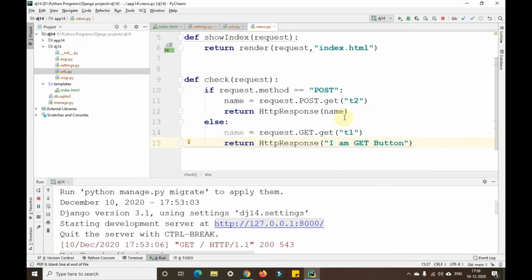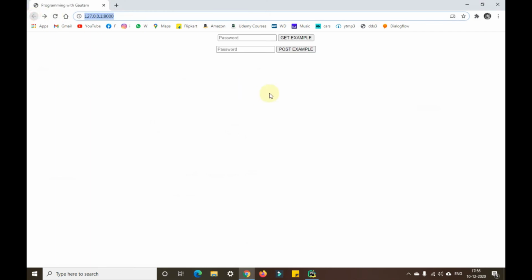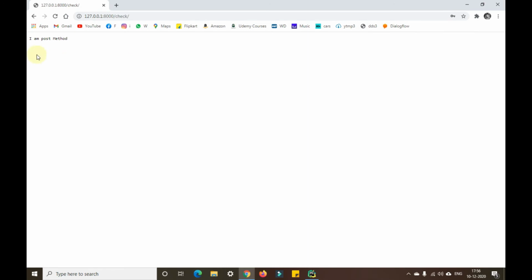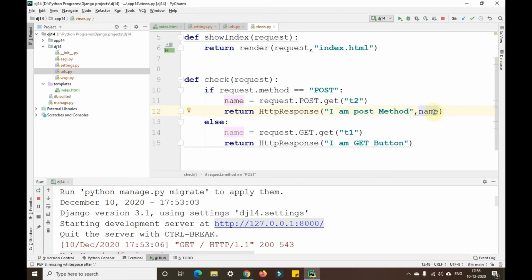Okay. So I'll send I am post method, comma name. Then I'll go back and write a random thing here. I'm getting I am post method as you can see here. Actually this is the font name that it has taken, but that doesn't matter, guys.